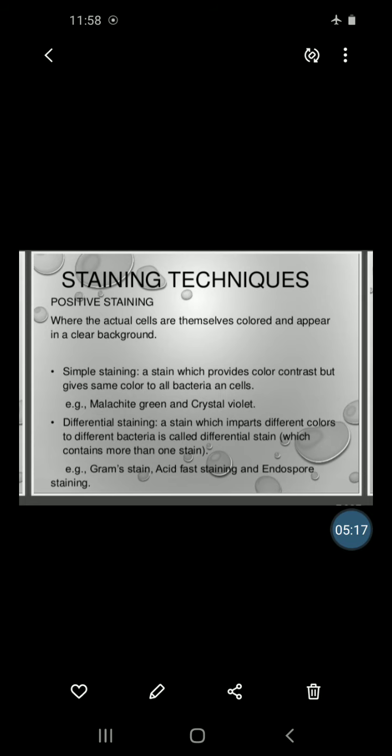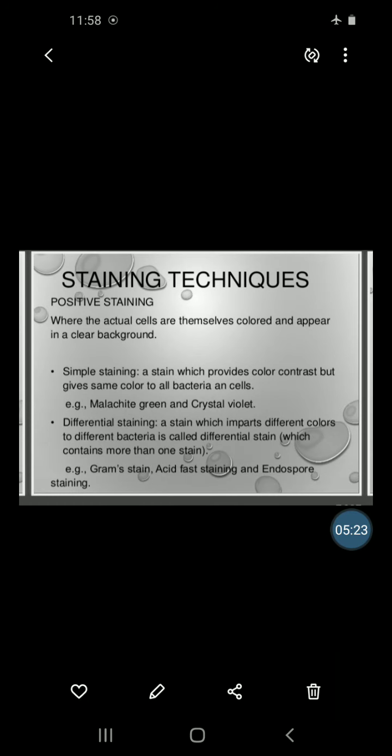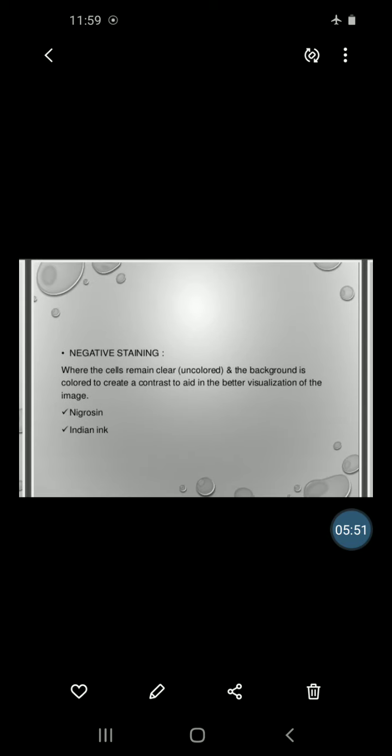What is differential staining? A staining or a stain which imparts different colors to different bacteria is called what? It is called a differential stain or differential staining, which contains more than one stain. For example, gram stain or gram staining, then acid fast stain or acid fast staining, and next endospore stain or endospore staining. Then we will see negative staining, where the cells remain clear, that is uncolored,